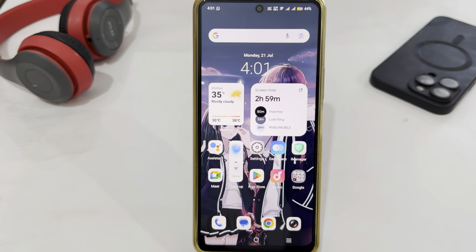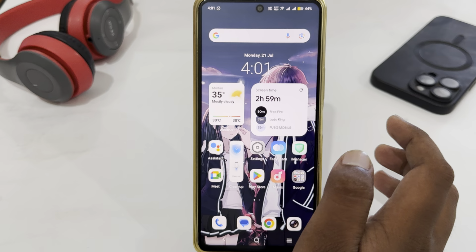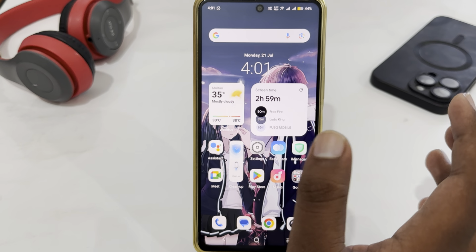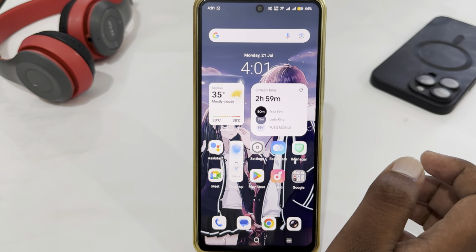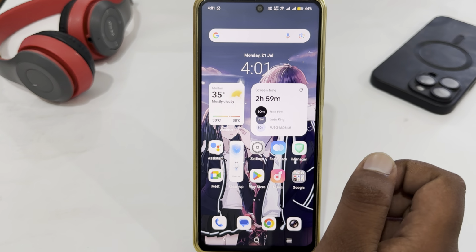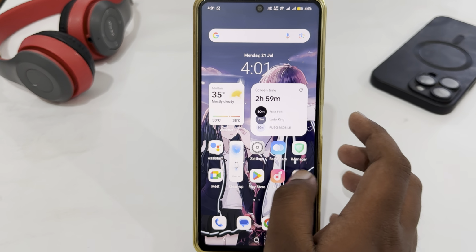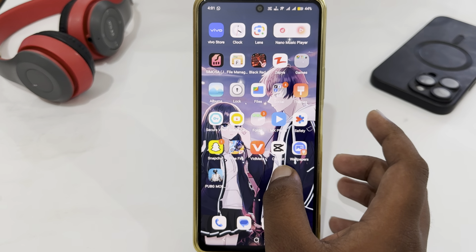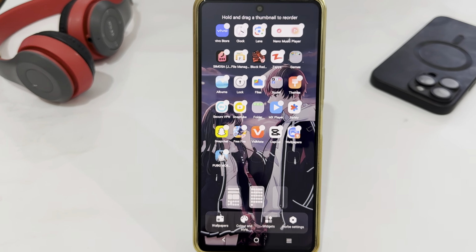So today I'm going to tell you how to add sticky notes on your Android home screen. If you want to add your notes to your Android home screen, let's see how you can do this. You just have to keep a long press on an empty place on your home screen, and then this pop-up will be